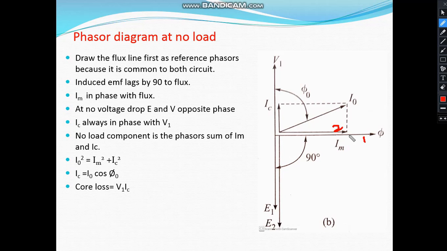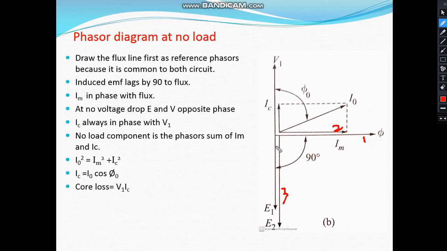And now the third one. From the previous relations, we have already established the phasor relation between the flux and induced EMF. Due to the changing flux, an EMF is induced, and that induced EMF lags by 90 degrees. So the third one is in the primary, and also in the secondary. So E1 and E2 are like this.